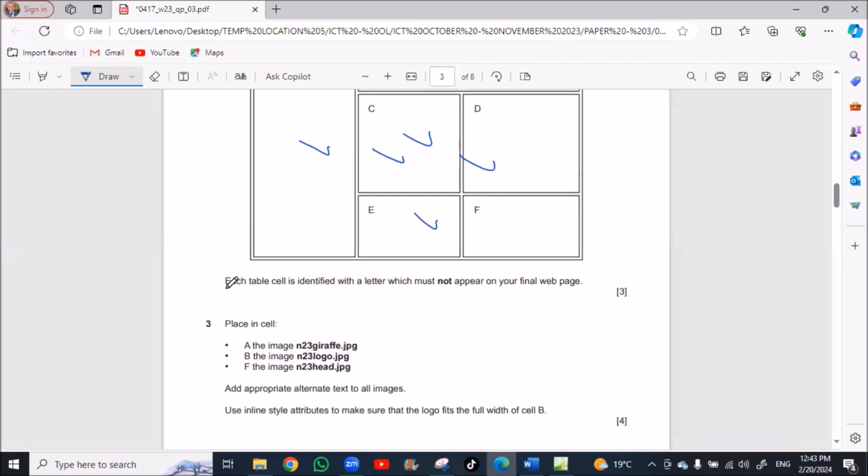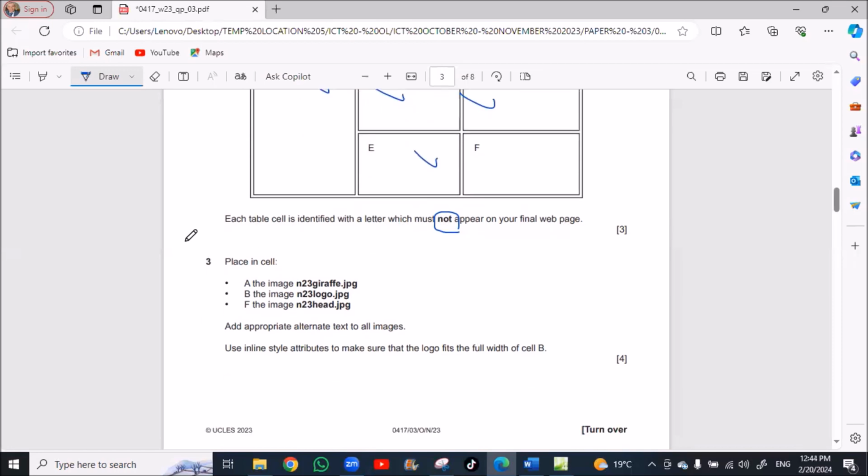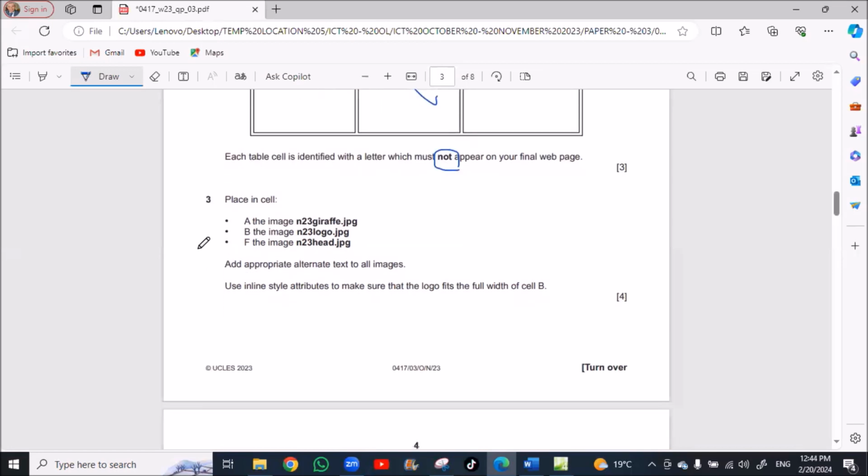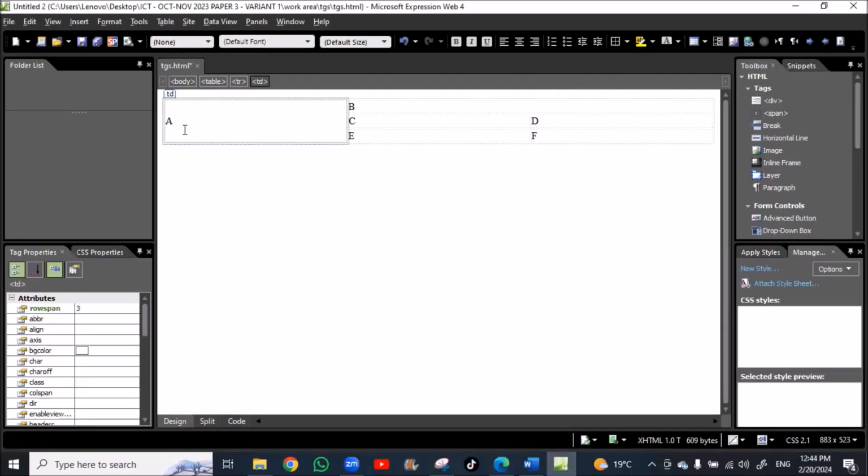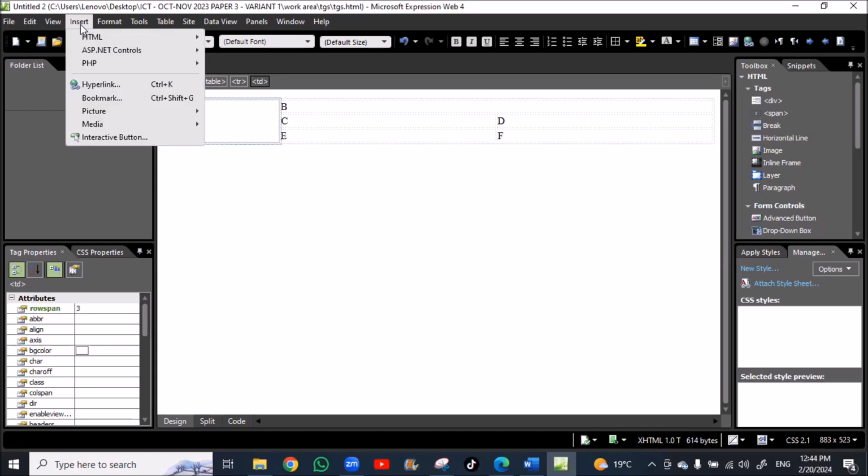Each table cell is identified with a letter which must not appear on your final web page. So we'll delete these characters when we use the cells. Place in cell A the image of the giraffe. So we'll go to A, remove this A, and insert picture from file.